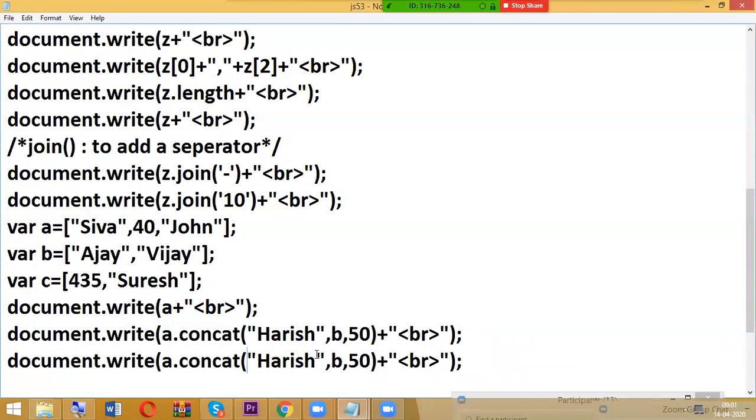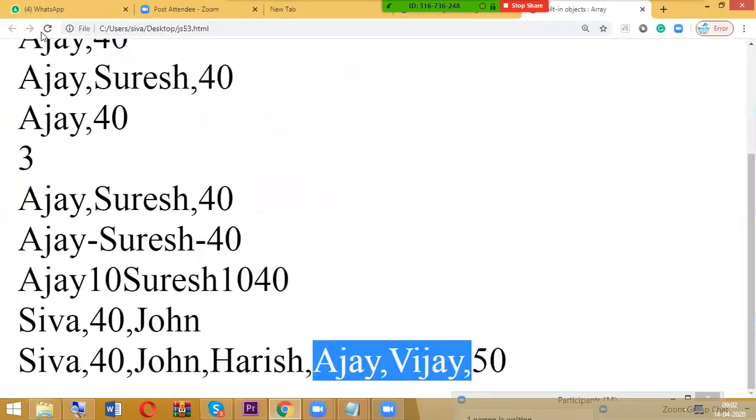Here, directly I can go like this: B comma C. What is A? A is nothing but Shiva, 40, John. What is B? Ajay, Vijay. What is C? 435, Suresh. All the 3 will be added.